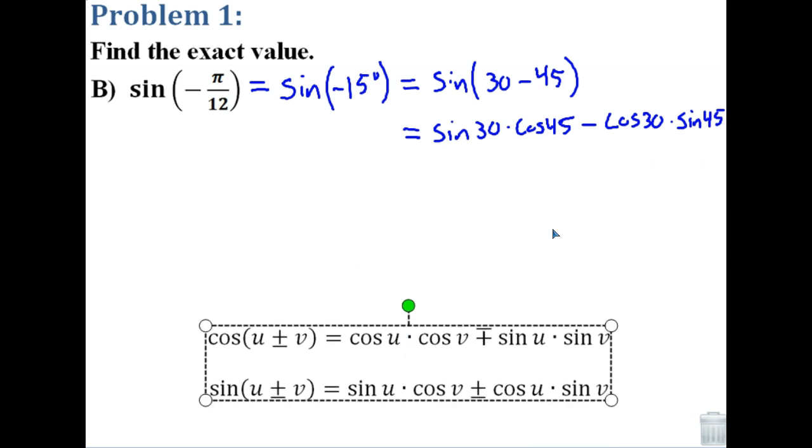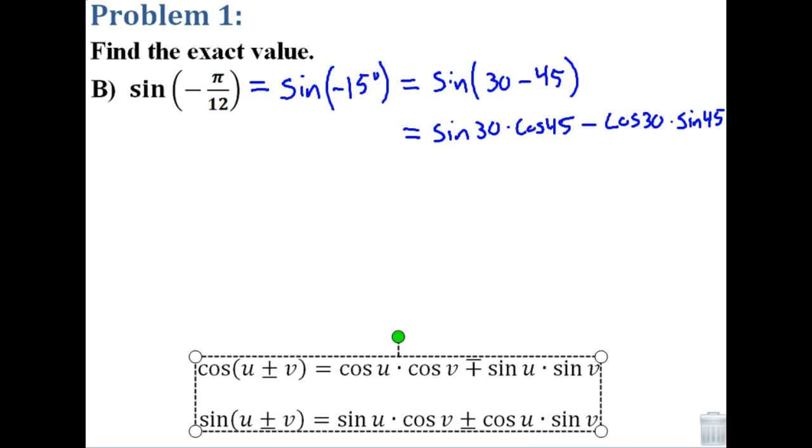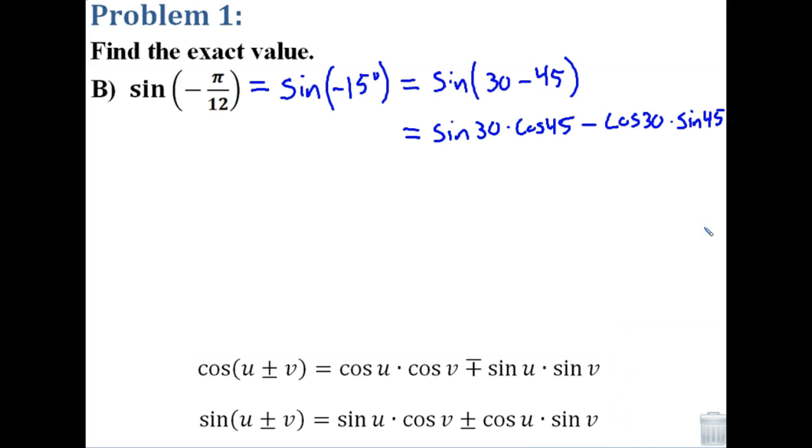Okay, so we split this apart into smaller angles that we know how to deal with. Just a reminder what those 45, 45, 90, and 30, 60, 90 right triangles look like. It's a sloppy triangle here, but it'll work. 1, 1, root 2, and then